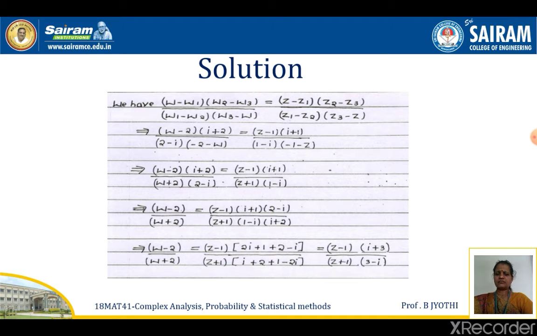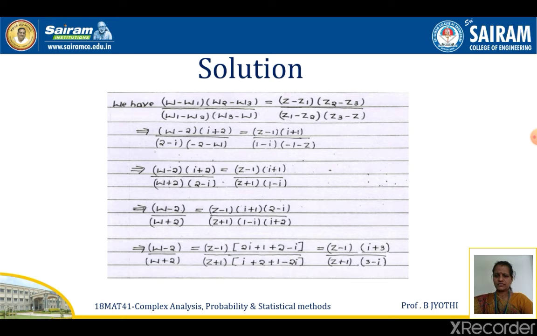And replacing the points W1, W2, W3 and also Z1, Z2 and Z3 respectively, we get the following equation, that is (W minus 2) into (i plus 2) divided by (2 minus i) into (minus 2 minus W), that is equal to (Z minus 1) into (i plus 1) divided by (1 minus i) into (minus 1 minus Z),